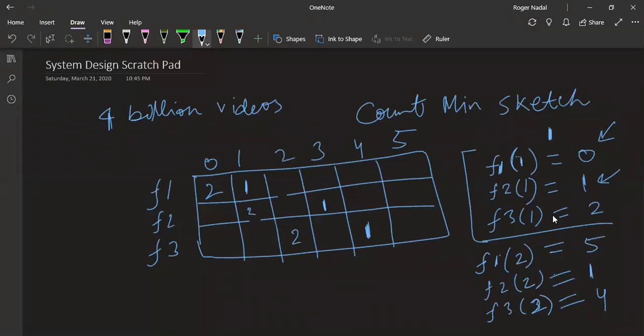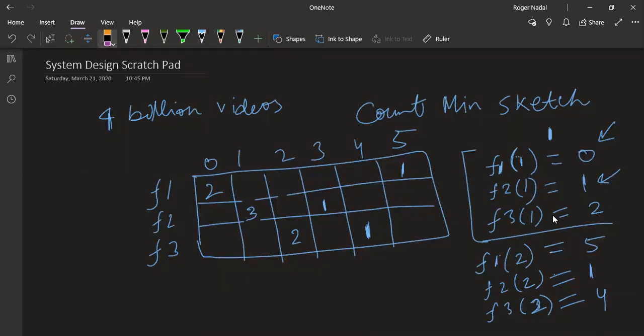Okay, so how will it change? F2 of 2 is 1, so now this will become 3, right? And one more thing: I made F1 of 2 to 5, so 5 will be set to 1. And I had set 1 earlier, so I will just erase this. Okay, so it looks better now.